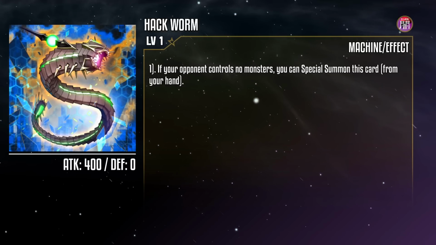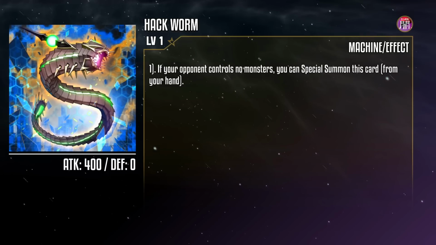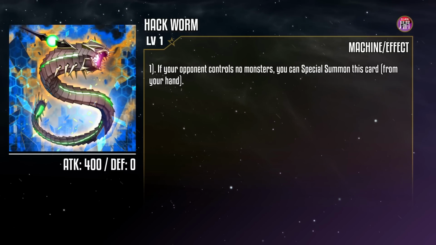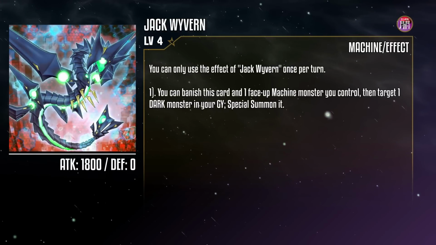Wow, a free monster you can drop from your hand if your opponent's board is empty, regardless of what yours looks like. It's kinda like a solitaire player's dream. It even kinda looks like a baby Cracking Dragon, and if this one's the infant, our next one is the awkward teenager. Jack Wyvern is a level 4 dark machine monster with